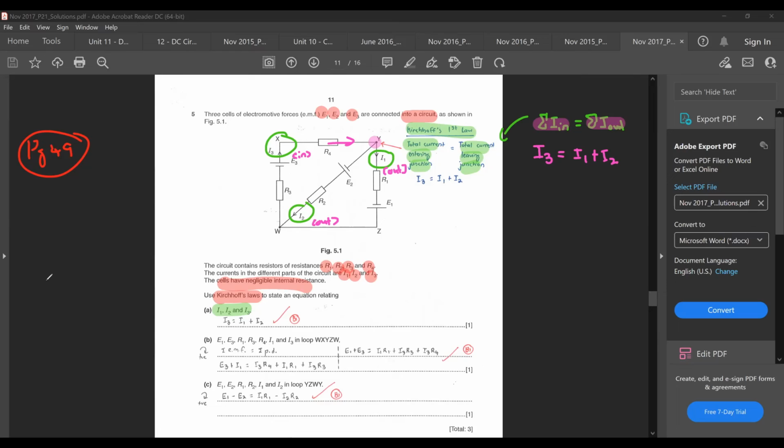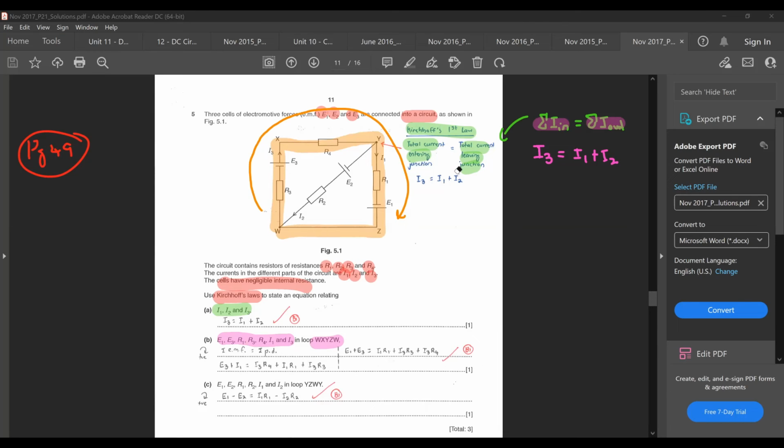All right. Then the next one, they ask you to find out the E1, E2, R1, R2, R3, I1, I3 in the loop W, X, Y, Z, W. So they want you to sum out those EMF and PD in loop W, X, Y, Z, W. That one will be this one, W, X, Y, Z, W. So this one is going in this direction, based on what the question just described to you. This is your sign convention right now,